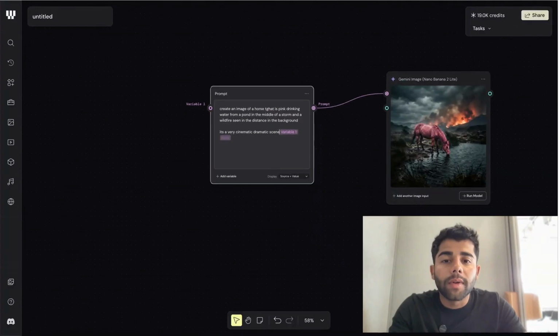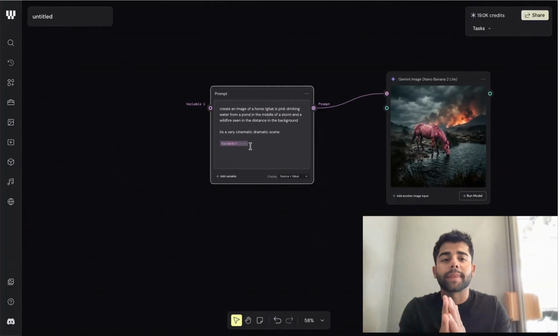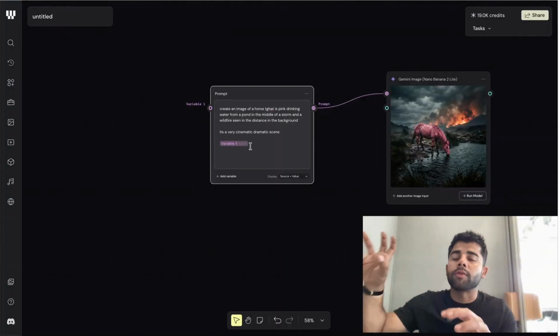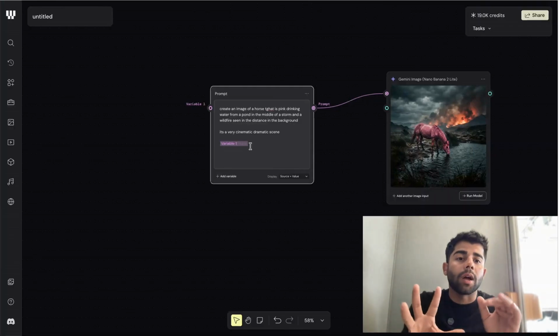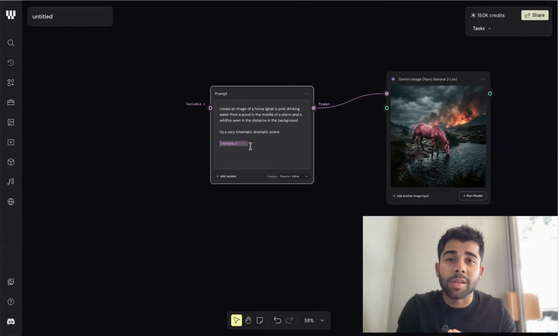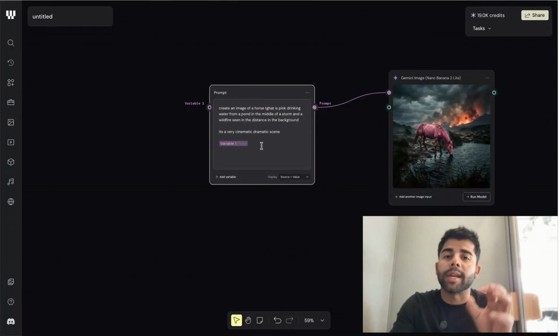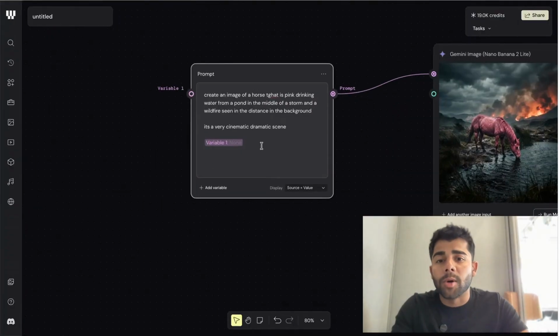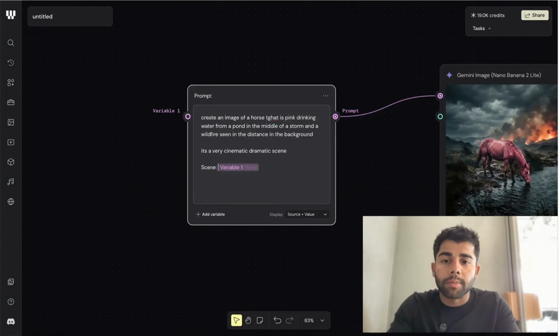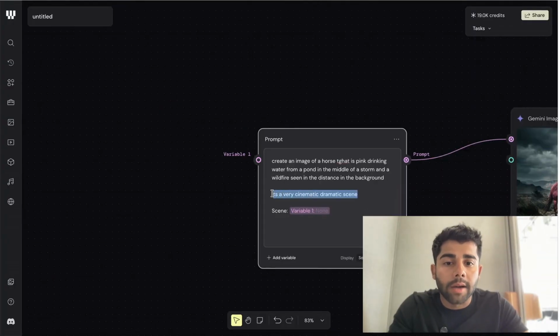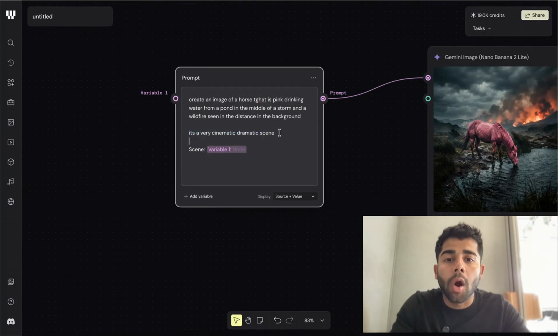So a variable is basically you leave a provision for a fill in the blanks, and that filling of the blanks can come from a different place. And I know it might be getting a little too deep in the weeds, but trust me, this is the most powerful. I personally love this feature because it helps you create workflows where you give it one single prompt and it generates something really gorgeous for you. So here we could just say scene and put a colon. Instead of us having to write, for example, a very cinematic, dramatic scene, which would be hard coded in the prompt,